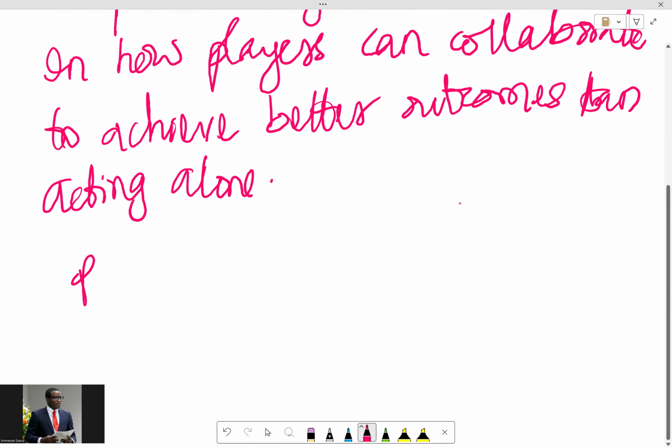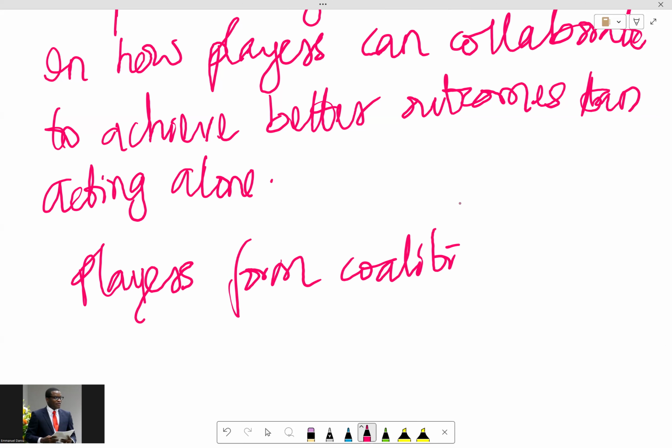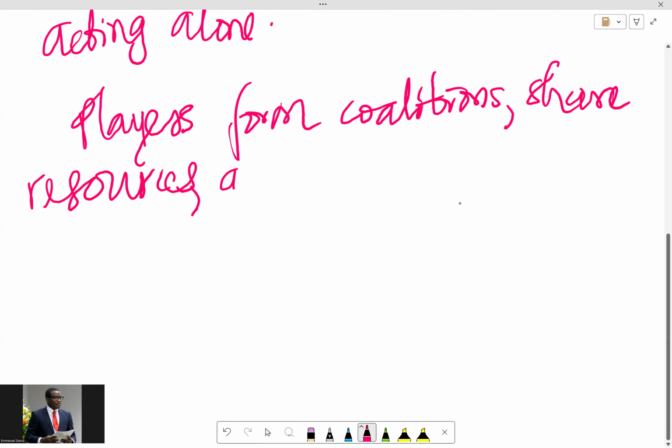So in this case, you have players forming coalitions. Players form coalitions, share resources, and distribute rewards